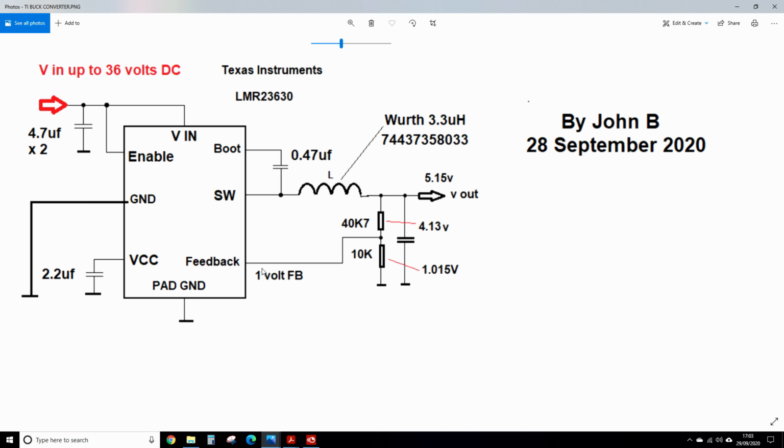If it starts to see higher than 1 volt, the voltage will drop back. If it's lower than 1 volt, the voltage will increase. To give you a rough idea, put a 10k here, 40k7 there, you'll get roughly 1 volt here. That will drop 4.13 volts, and you'll end up with 5.15 out for the USB. So you take this circuit,